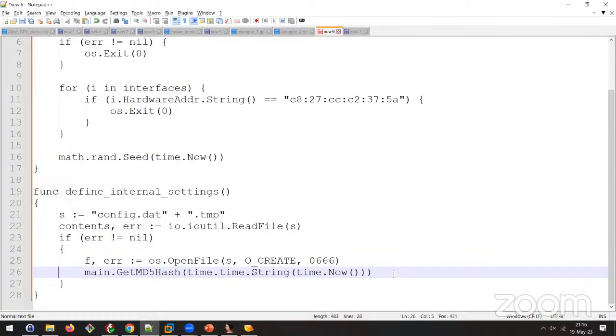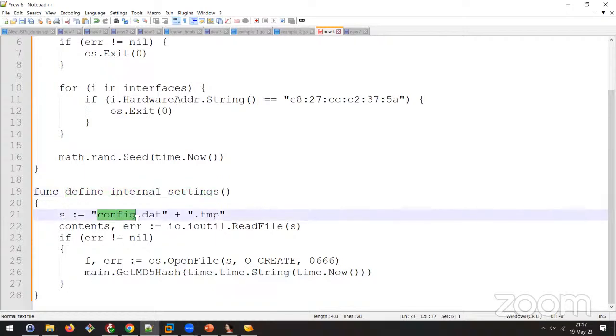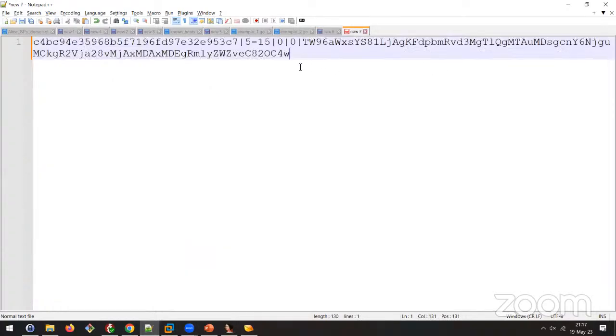You see, I kind of gave up on doing this reconstruction of the source code. I'll say a few words about that later. But generally, the idea there was this. We have this function called define internal settings. There were two branches. One of them was if this config.dat.tmp file exists, then something, we don't know what happens there. Or if it doesn't, then the file is created. Then we generate this whole string there. Then we have a call to main.encrypt, which I'm going to